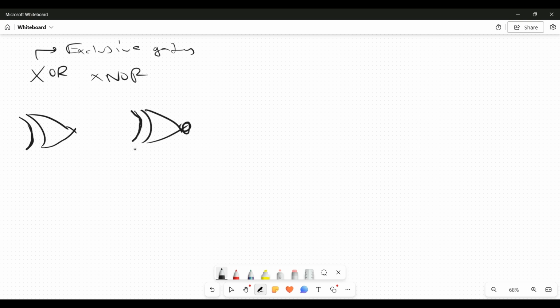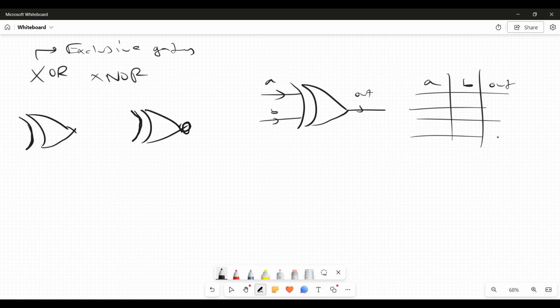So what's XOR? XOR is a device that takes in two inputs and exactly one of them can be true. Exactly one can be true. So if I draw the XOR gate, and I take in two inputs, let's say input A and input B, and we have got an output. If I make the truth table out of this: A, B, and out. So if I start from 0, 0, 0, 1, 1, 0, 1, 1,